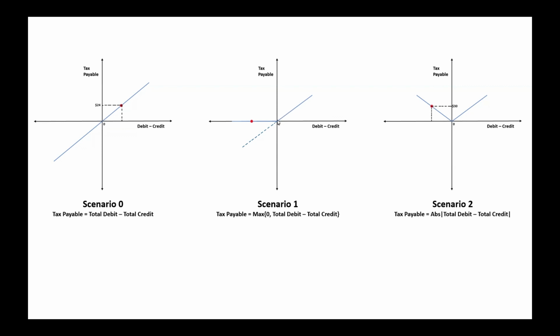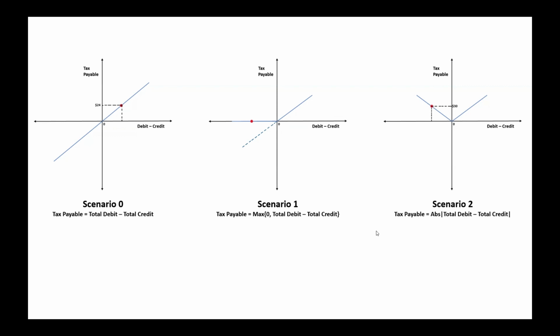So as you can see, if the debit is greater, then the graph will just be like this. But the moment the credit is greater, instead of continuing like this, it shifts to lie directly on the negative x-axis, which means you just pay zero tax. The function used to calculate this is the maximum of 0 comma total debit minus